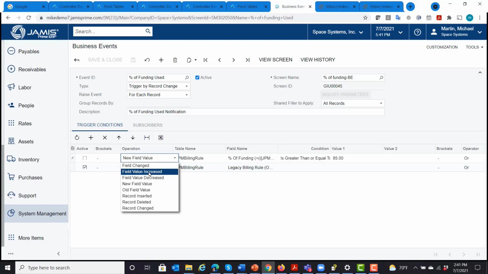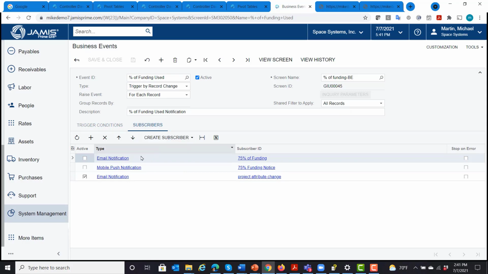So you can use your imagination on what type of items throughout the system you want to be notified about, or someone else wants to be notified about. And you can set up a business event, and associated with that business event you can set up what we call subscribers. I can set up an email notification, and I can populate it with what information I want in that email. Or I can set up a mobile push notification, which will send a notice to my phone to let me know, hey, in this case, a project or billing rule has reached a certain level of